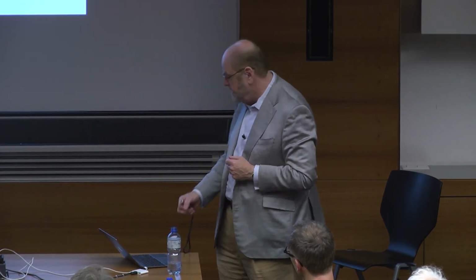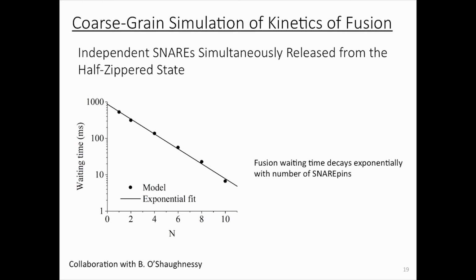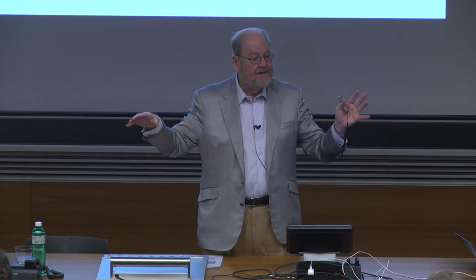So we engaged in a simulation. It's what's called a coarse-grain, quite realistic simulation that will be published in PNAS in collaboration with Benjamin O'Shaughnessy and his colleagues at Columbia. And what this simulation assumes is we start with N SNAREpins, half assembled. We form them in the computer at the interface between a realistic size vesicle and a realistic size membrane, and we allow them to be placed randomly, consistent with that geometry.